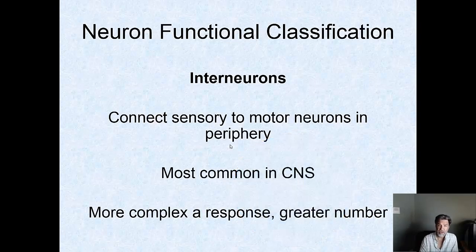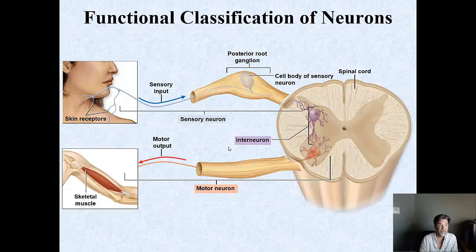The more of these you have in a pathway from sensory to motor output, the greater and more complex the response will be. So let's look at the general setup here. We see the skin receptors detecting some type of sensation. It's coming into the dorsal aspect of the spinal cord. Rather than getting processed by the brain directly, first we're going to have an immediate output through an interneuron and then out via the motor neuron to cause your arm to move or something to